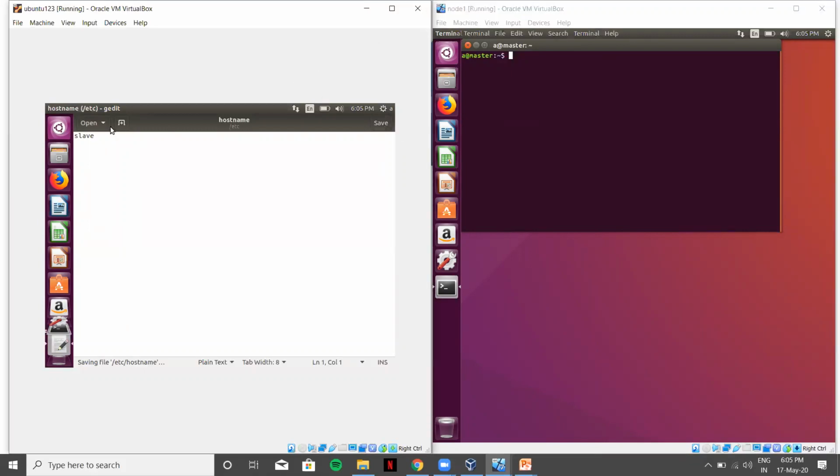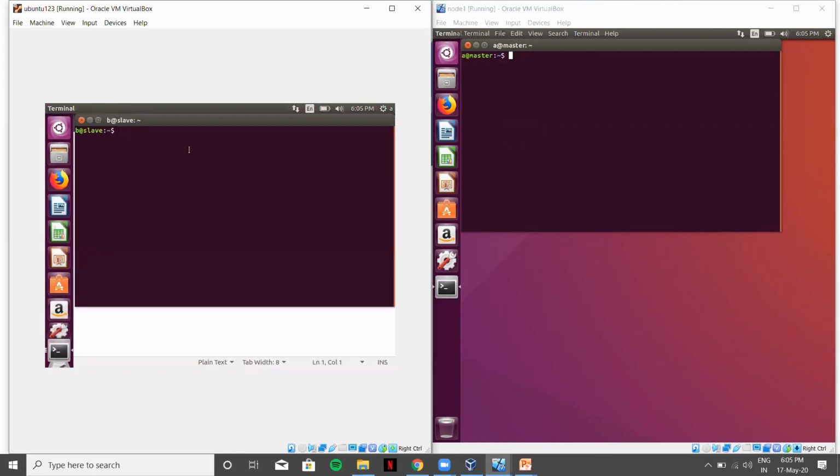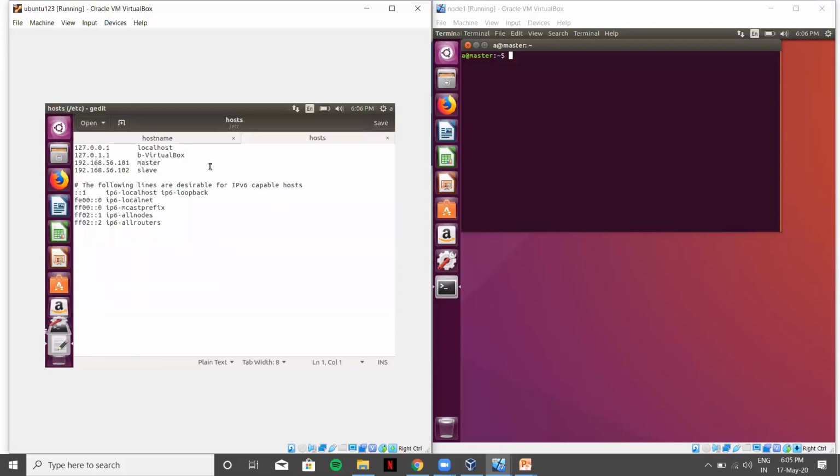Then after that we created a LAN network. We gave the settings in the same fashion. You can see over here the master and slave IP addresses, which were added by us.